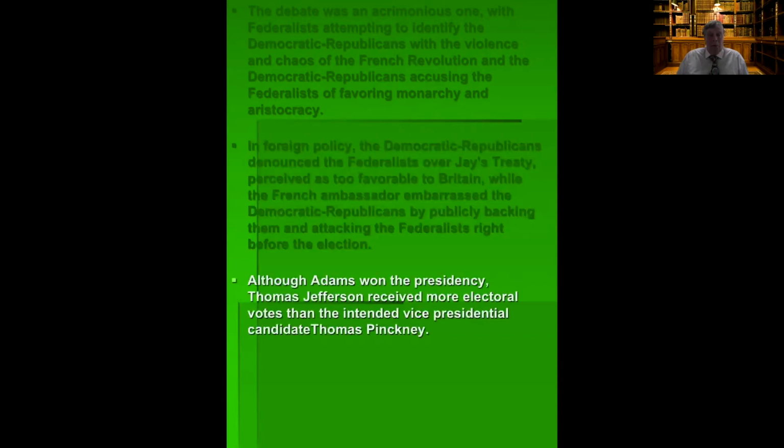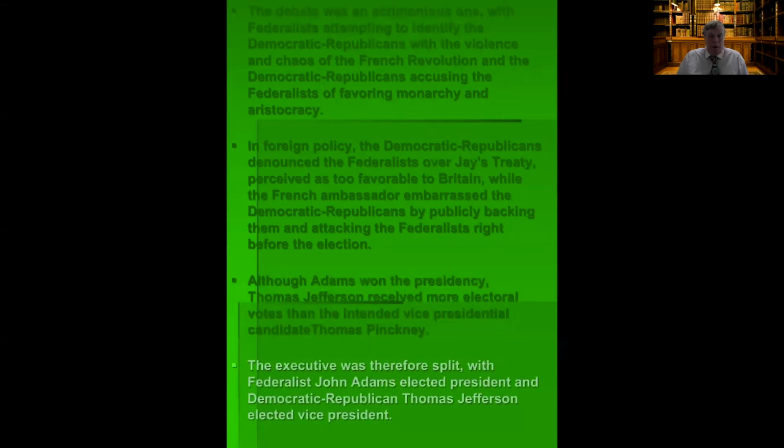Although Adams won the presidency, Thomas Jefferson received more electoral votes than the intended vice presidential candidate, Thomas Pinckney. So the executive was split, as we talked about earlier, with the Federalist John Adams elected president and the Democratic Republican Thomas Jefferson elected vice president. 4 years later,